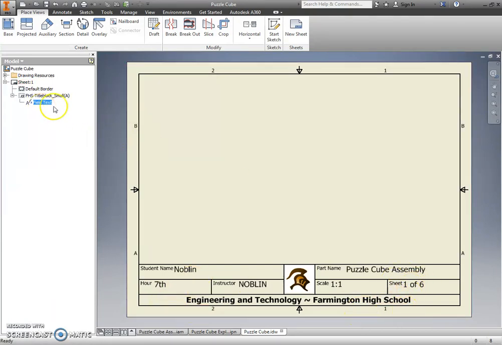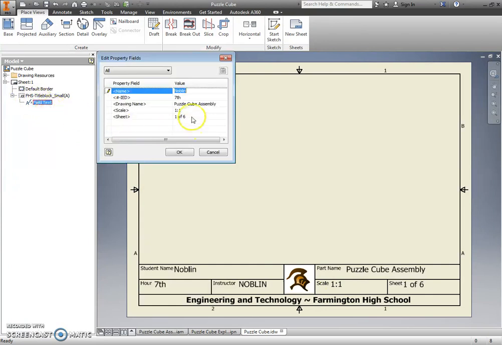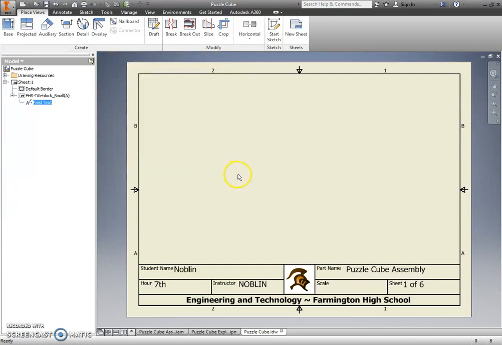title block. So if I screw something up or if I have to come in and change something, I'm just going into my browser, double clicking on field text, and I can make the change. So because I'm already there, I'm going to leave that one blank because I don't know if 1:1 is going to end up being correct. But